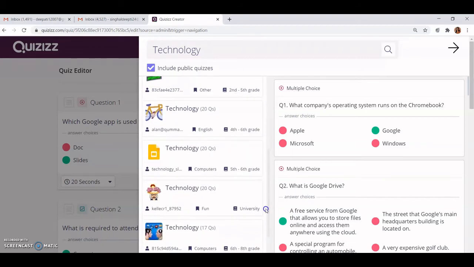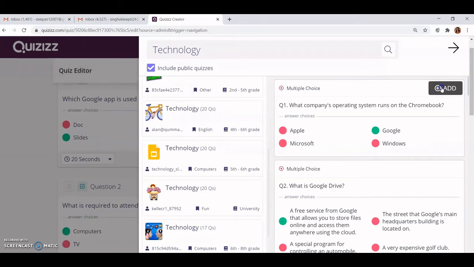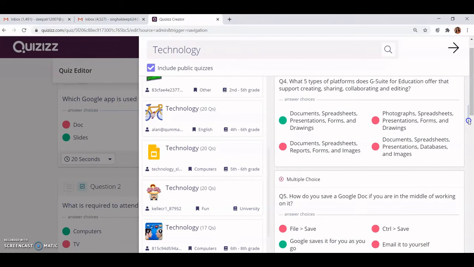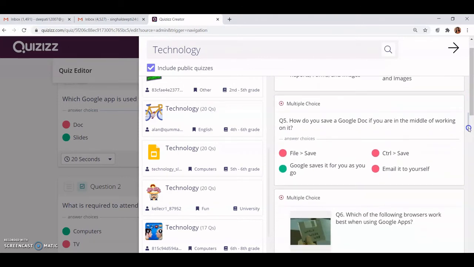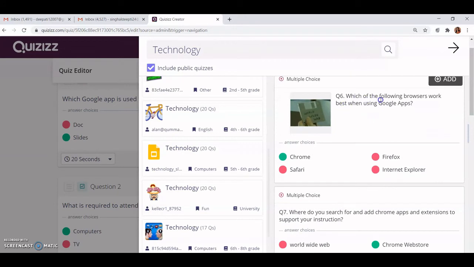You can see, like earlier we have shown you, suppose if you want to add any particular question, you can find some question related to your technology topic. Suppose this question: which of the following browsers work best when using Google Apps? You can see here the person has added a GIF image, an animated image.